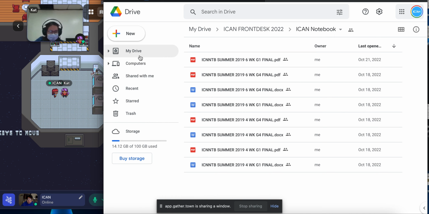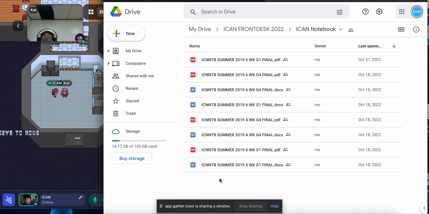Okay. So, can you see the screen? Can you see this Google Drive? Yes, sir. Okay. So what we do is we actually order a printed copy of a notebook. It's called the ICAN notebook, ICAN Caterpillar. ICAN Caterpillar is the student's diary, wherein the teachers would record the daily activities of the student, homework and stuff. It is also used for monitoring